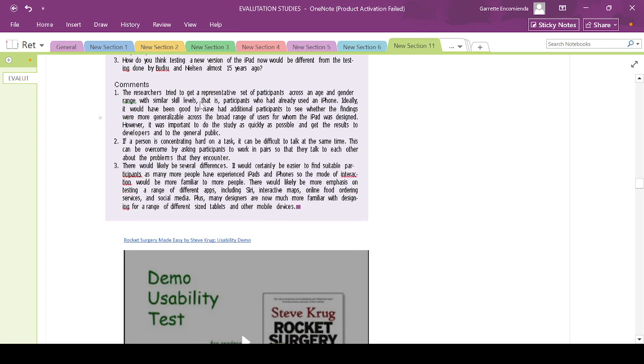The researchers tried to get a representative set of participants across an age, gender, and skill range with similar skill levels. That is, participants who had already used an iPhone. Ideally, it would have been good to have additional participants to see whether the findings generalized across the broad range of users for whom the iPad was designed. However, it was important to do the study as quickly as possible and get the results to developers and